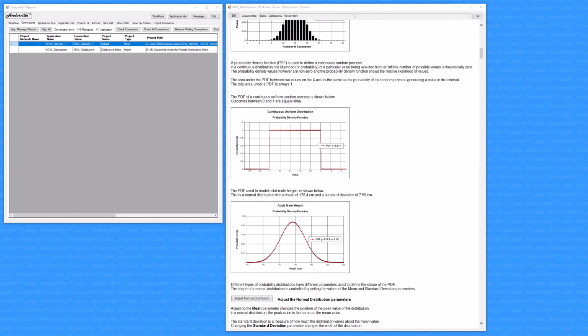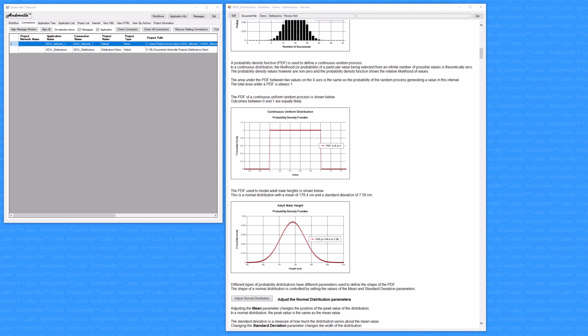A probability density function, or PDF, is used to define a continuous random process. In a continuous distribution, the likelihood or probability of a particular value being selected from an infinite number of possible values is theoretically 0. The probability density values, however, are non-zero, and the probability density function shows the relative likelihood